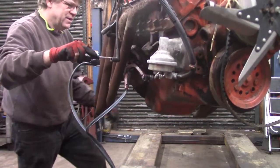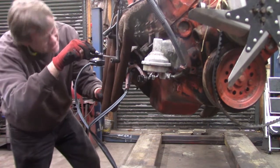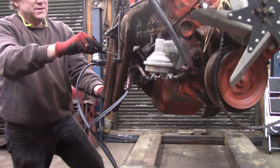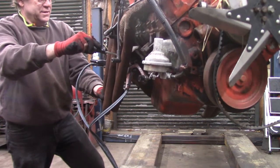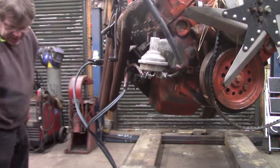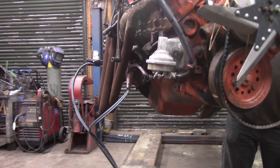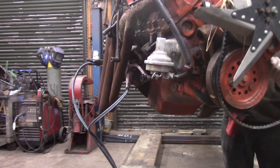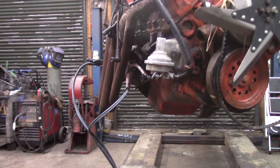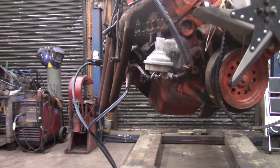Unfortunately, I think I got a little bind in the starter, and I think I've got the stuff coming out of the cylinders. I hope it's not right. Now, as terrible as it sounds, I think it's just the oil I sprayed in that's coming out of the cylinders. There's definitely a little water in the cylinders, so I'm glad I sprayed oil in there. The plugs look dry though, so maybe the cylinder was all the way down, and that's...